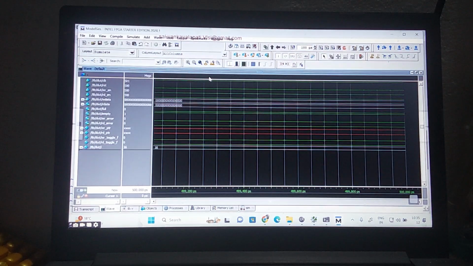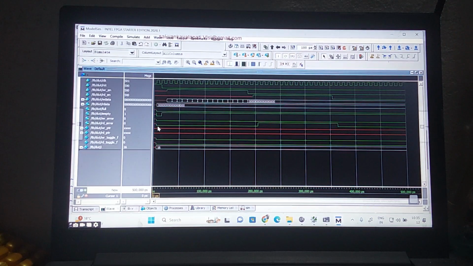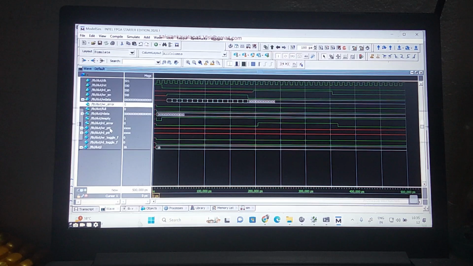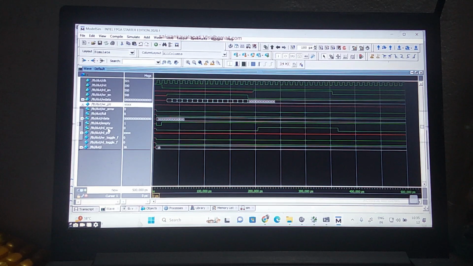You can see whether read and write is happening here. No read and no write is happening. So what could be the problem? Understand the signals, what I'm going to do. Let us group all the write signals on one side. This is the write data. This is the write enable. Then this is the full output. Then the error. Let me keep the error pointer. Right. Then what I need to do here? Flag. Write the flag here.